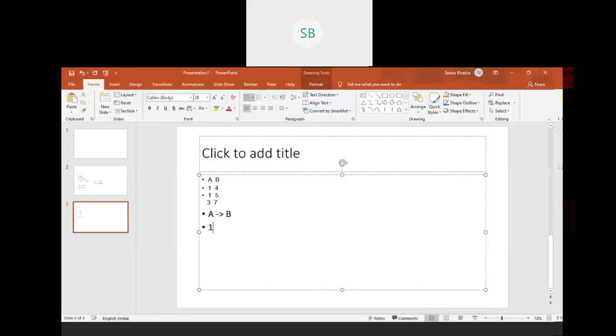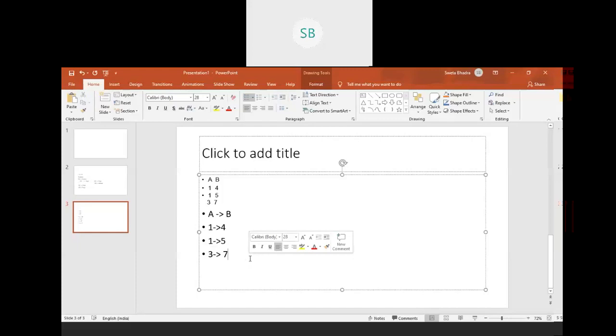So that means 1 determines 4. Again, 1 determines 5. And 3 determines 7. So here this is an invalid case. 1 is determining 4 and 1 is determining 5. This one is correct, but the other two are wrong. Just now we have seen, so it does not hold. It is an invalid case. That is why it's mentioned.